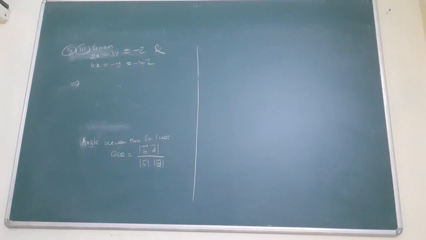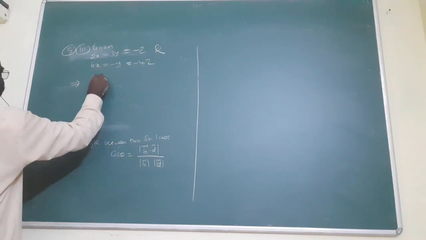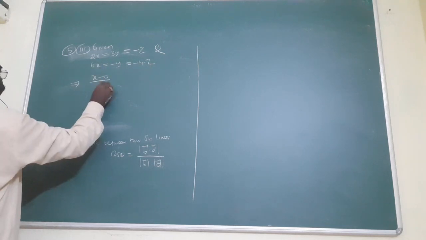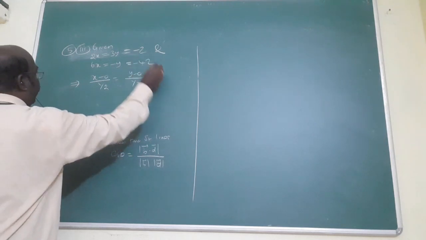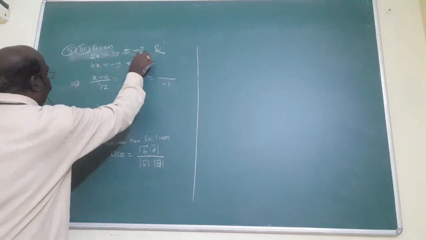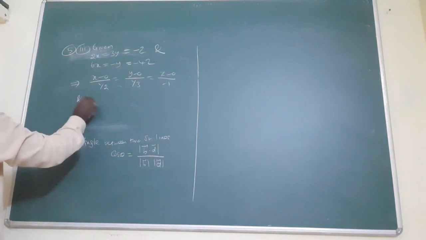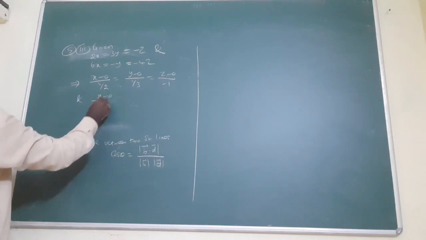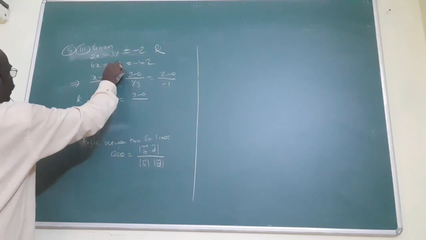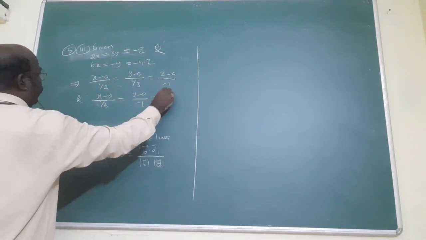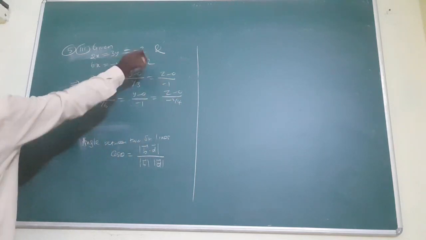Cartesian equation of the plane passing through 2 points. That is the idea. This can be x minus 0 by 1 by 2. Am I correct? y minus 0 by 1 by 3, here minus z minus 0. And this can be x minus 0 by 1 by 6, y minus 0 by minus 1, equals z minus 0 by minus 1 by 4. Taking reciprocal, we get this answer.